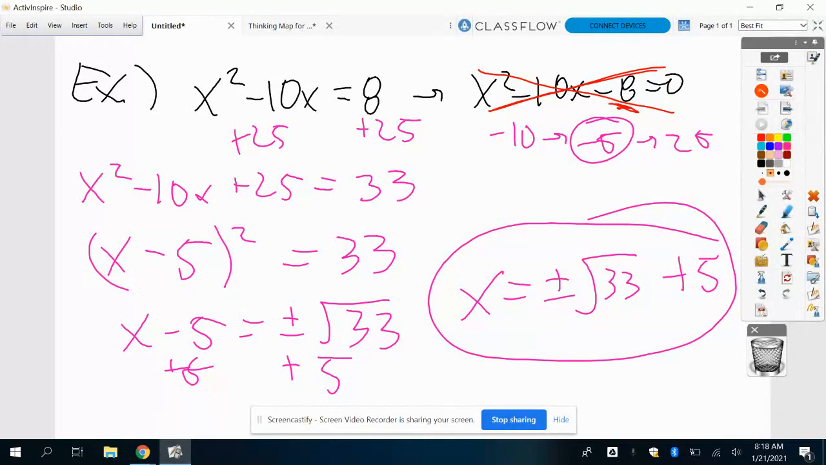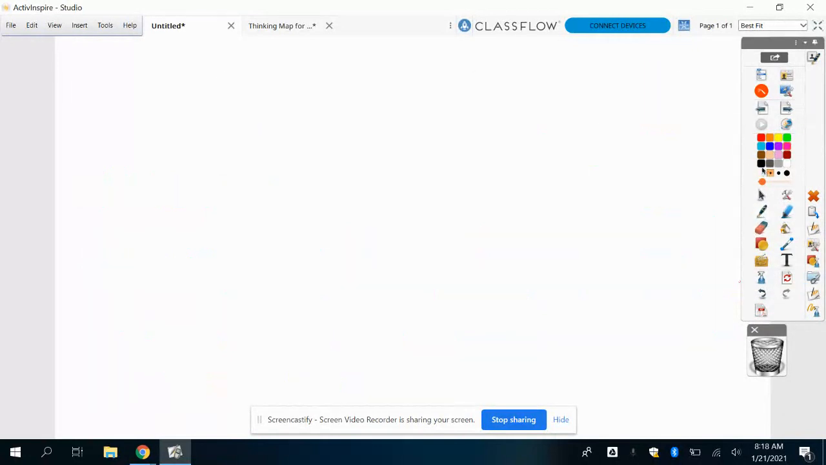And then the very last example we're going to look at, I'm not going to actually solve this last one all the way out. I'm just going to talk through how you would do this one. But the last example we have is 6x squared plus 8x